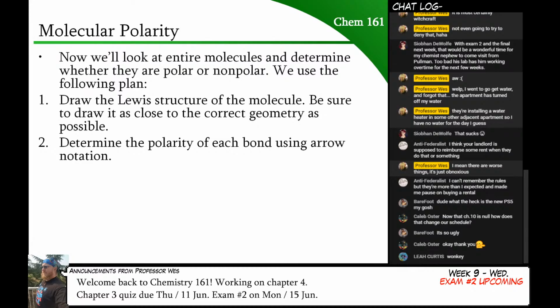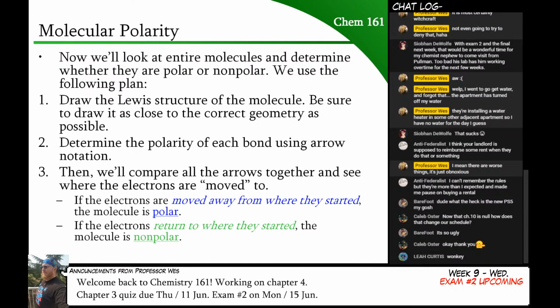And we're going to draw those along the bonds. They don't have to be exactly on top of the bonds, but they have to be parallel to them. And then finally, we're going to add all of those arrows together using vector notation. If you've taken a physics class, physicists love vectors, and vectors add head to tail. We're just going to show that graphically.